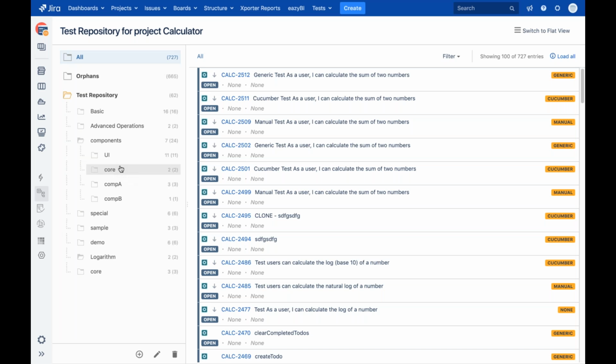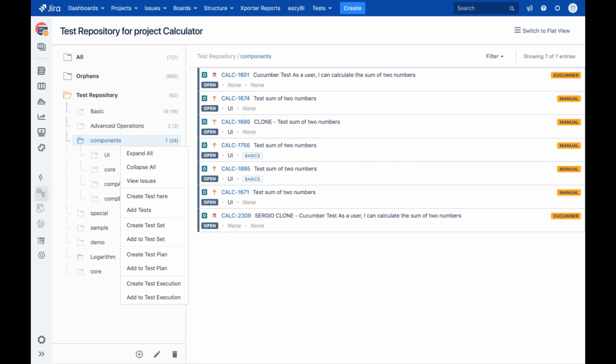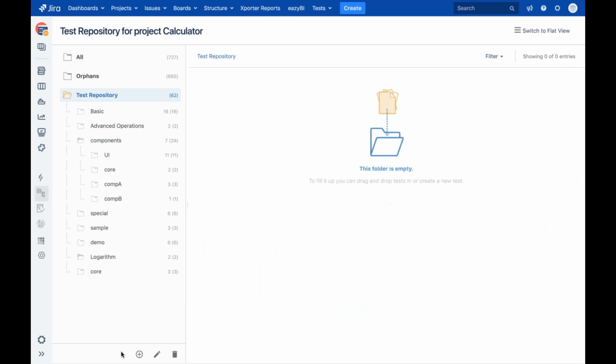Then you can use this organization, for example, to quickly schedule execution for the test cases that you select, that you, for example, filtered out. You can also do operations over certain folders and use those folders to create entities or to add tests to those entities. So, for example, let me create here one